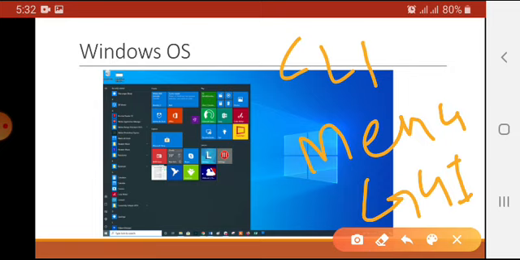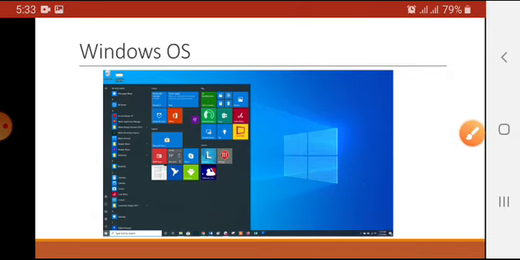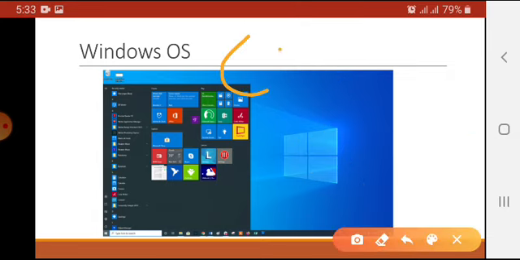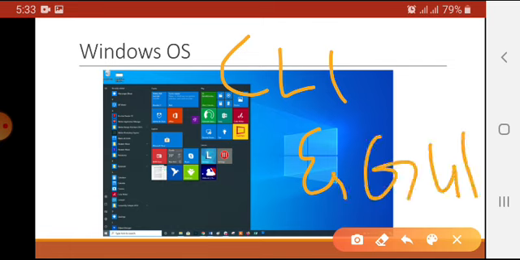So what type of question comes into the paper about this topic? Most of the times there is a question in the paper to compare CLI and GUI, or they may ask the reason why you prefer GUI over CLI operating system interfaces.